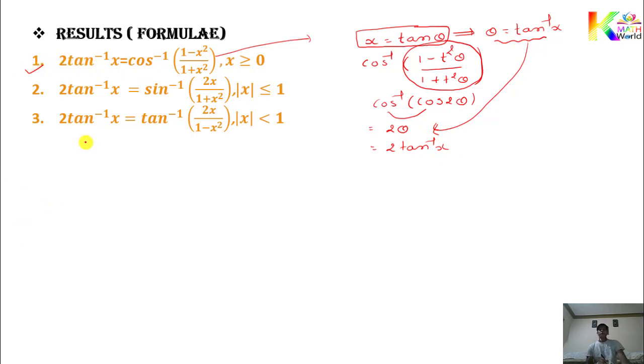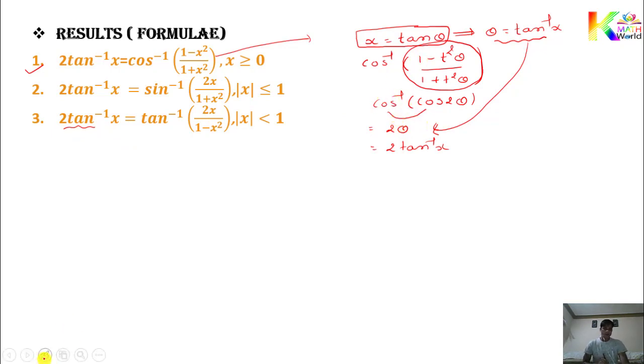So there is nothing to remember. This is only the formula. What is your substitution? Tan. That's why you got 2 times tan inverse x. In the same way, what do you replace x with here? Obviously tan theta. Then you get the formula 2 tan theta. Here also the substitution is the same, so you can set the formula 2 tan theta over 1 minus tan square theta. Obviously x is in terms of tan. That's why you got 2 times tan inverse x here. This way you can easily remember.